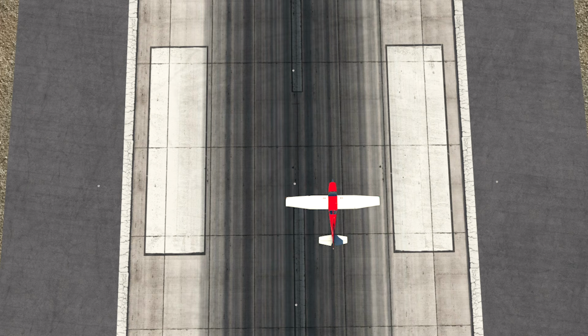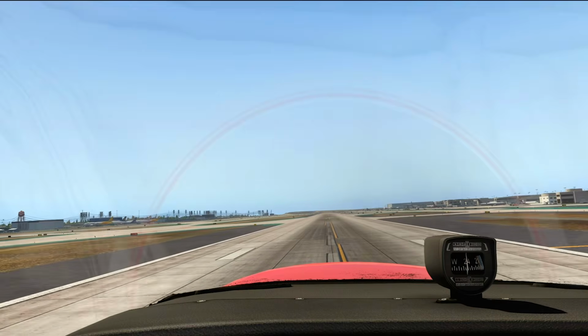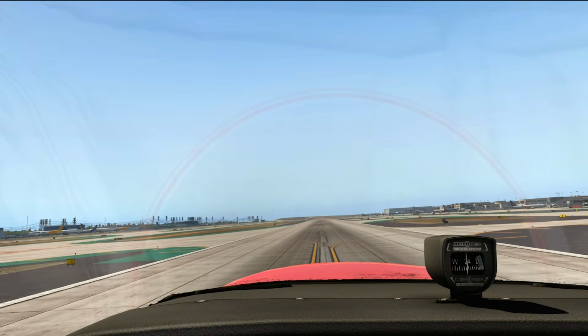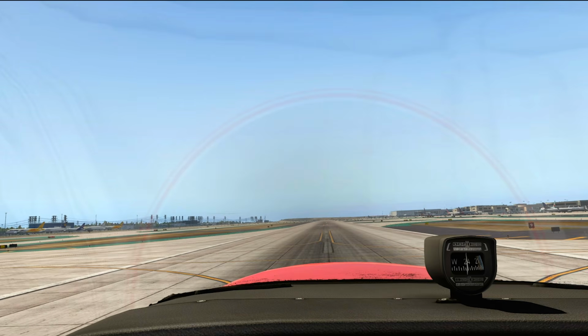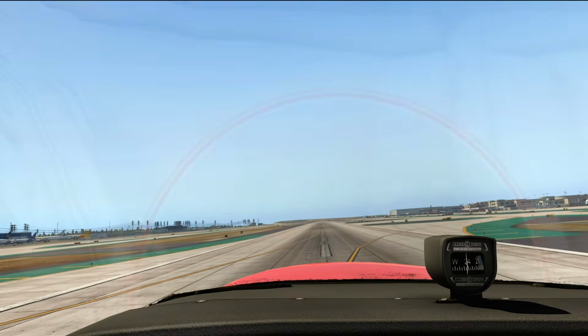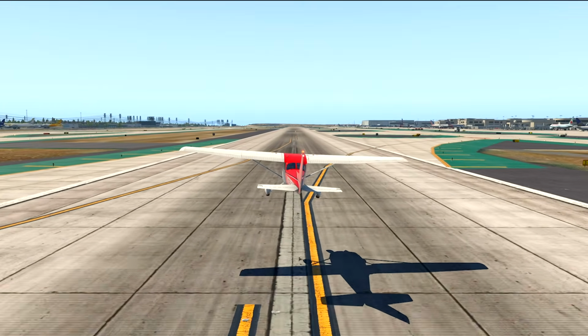It's usually easy enough to recognize when you're left or right of the center line, but it can be tougher to tell if the nose is pointed exactly straight. That's probably because, at least in side-by-side airplanes, we're not seated on the longitudinal axis of the airplane. If you look directly over the nose of the airplane from the left seat, over the spinner, you're looking a little to the right, and that can cause a tendency to point the airplane a little bit to the left